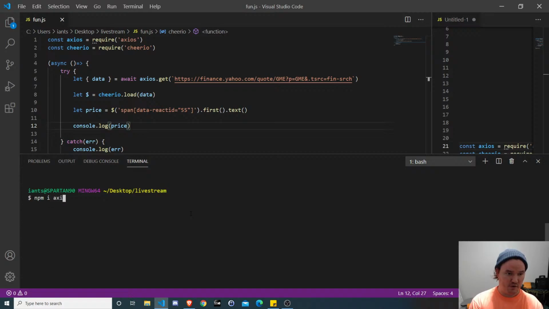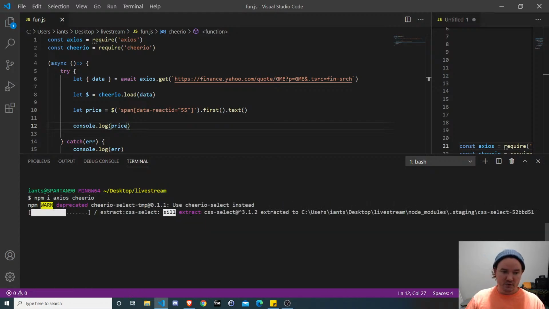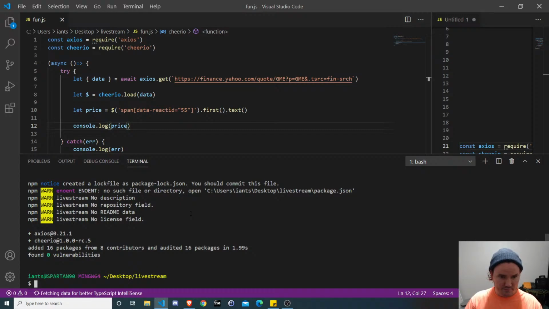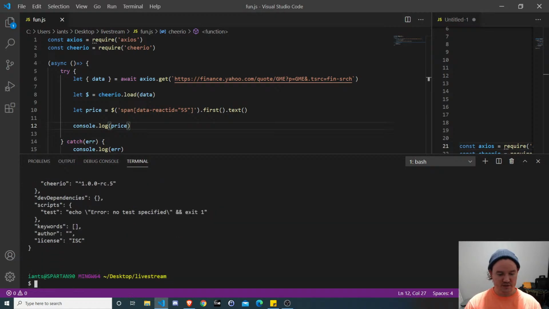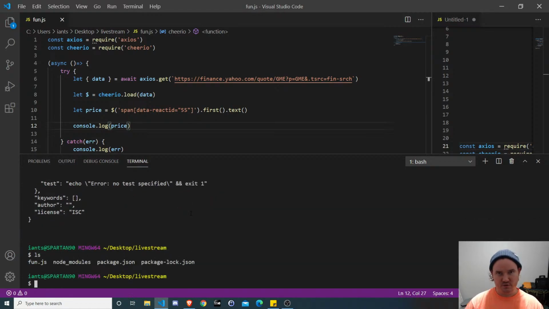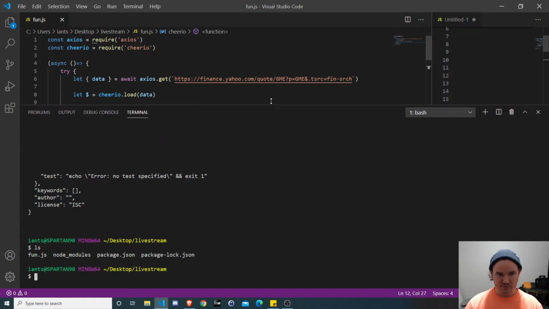First, I just need to install Axios and Cheerio with npm i, which is short for install. Just put a space between the names, and it'll install both of them simultaneously. So we'll go ahead and get those installed. Good. It's saying something about package.json, but I'm not worried about that. If we do an ls, we've got a package lock. Oh, I never did an npm init. That's why it's complaining. If we want to make it a node project, we can just do npm init -y. It skips all the questions, and now we have a package.json file. So when you install packages, it doesn't give you that little complaint about there not being a package.json file. None of that really is relevant to what we're doing now.